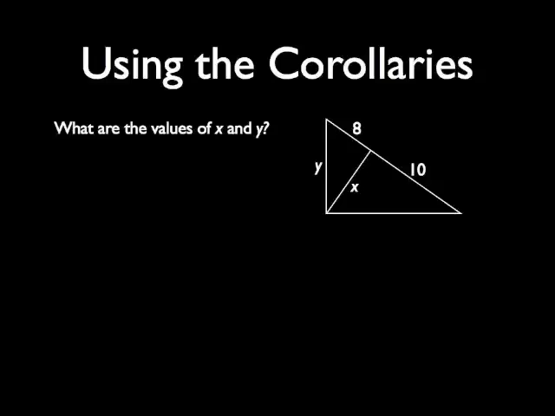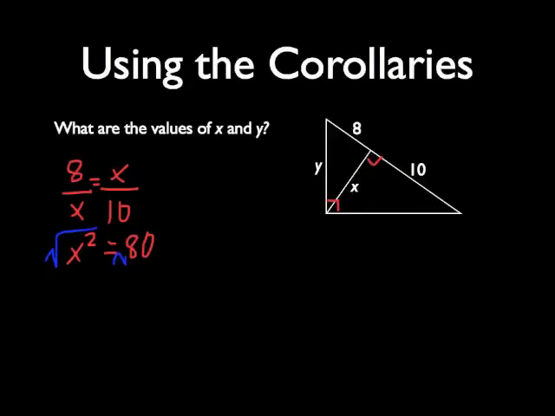So now let's combine all of these things into a single problem. Yay! You knew we were going to do that, right? So let's take a look here. We have x is the altitude of a right triangle to the hypotenuse. So that means that x has to be the geometric mean of 8 and 10. The cross products property tells us that x squared is going to equal 80. Oh, of course it's not going to be nice, because when we take the square root of both sides of this equation,